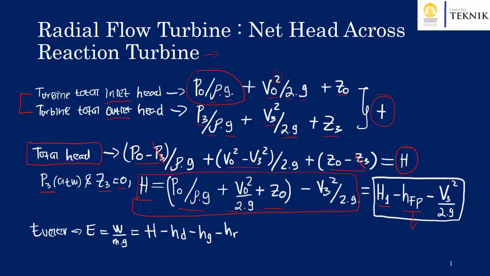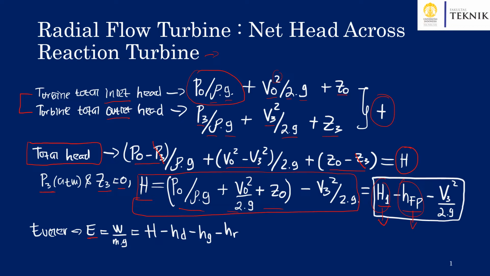So if we go back to the previous slide again, we can get the definitions of each variable here, and as H is the total head, then we can go to the Euler equations